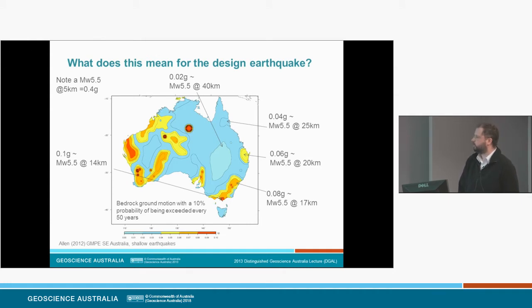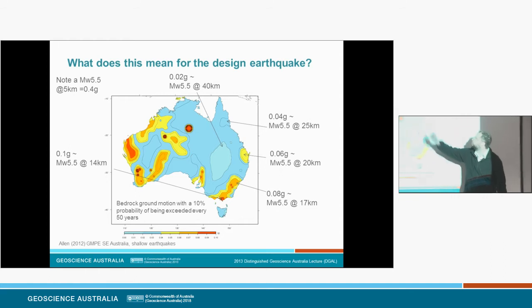So this is the earthquake hazard map combining all 3 layers, in a way which you can see in the report to see how exactly we did that. And I'm using the Allen equation to work out what this actually means for a design earthquake. So let's suppose you're building something here in the middle of Australia for some peculiar reason. There, hazard says it's 0.02